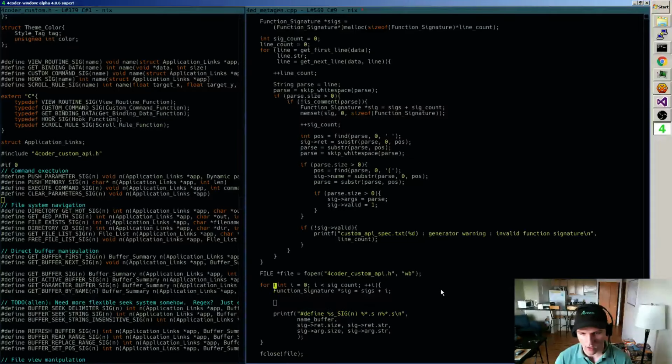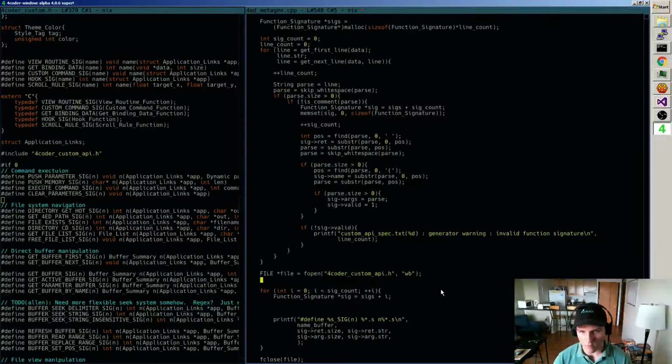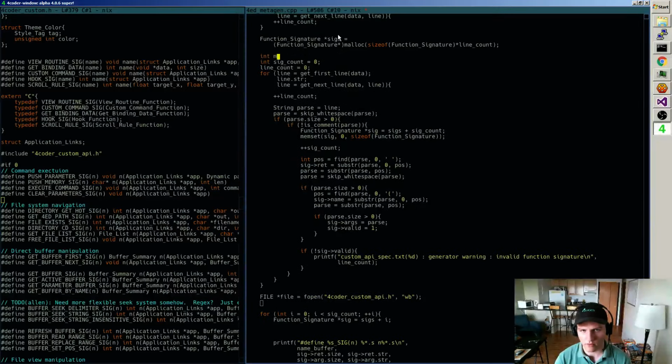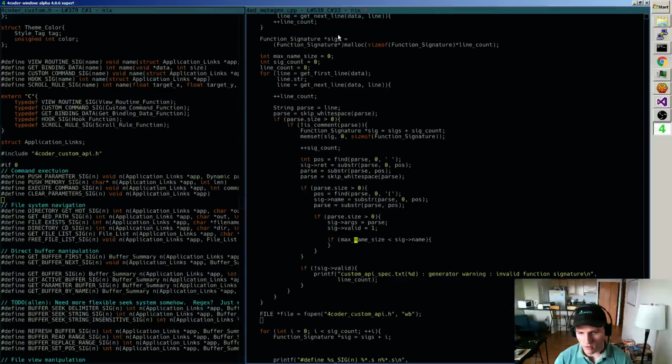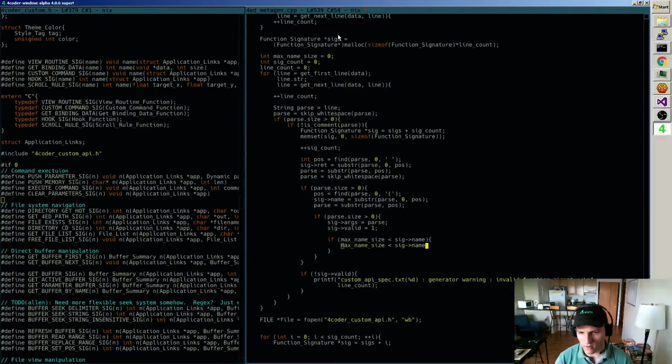Right, so those I'm just going to put in by size, but the name buffer I have to make a modification to anyway. So what I'm going to do is say while I'm going, let's track int max name size equals 0, and each name I pull out, if it's valid here, what I'm going to do is say, alright, if max name size is less than the signature's name, then let's set that so that we have a better max, right? And then right here we'll have the ability to get the exact right name buffer size.